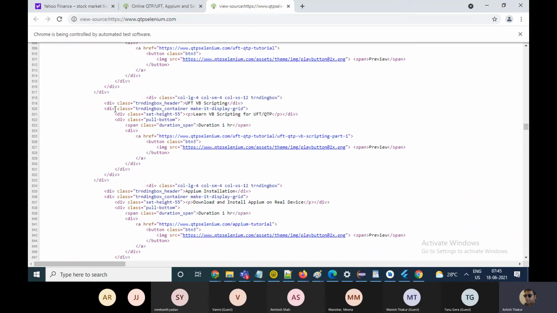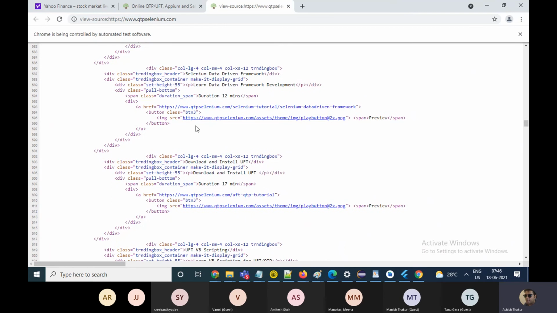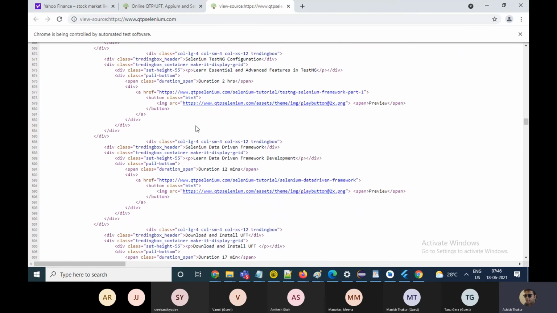The tag name always starts with an angle bracket. All the things which start with angle brackets are the tag names. Along with the tag names, you can have attributes, like over here we have the class attribute. One tag can have one or more attributes as well.